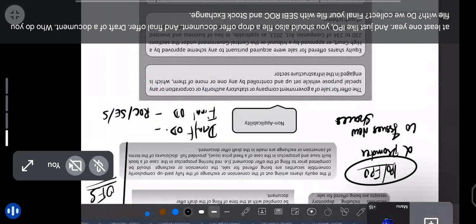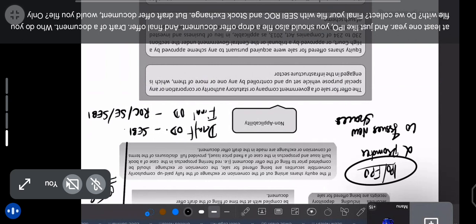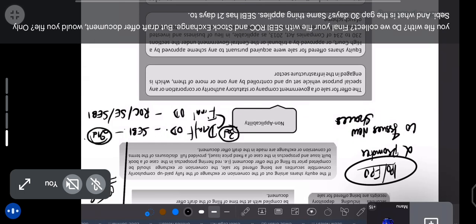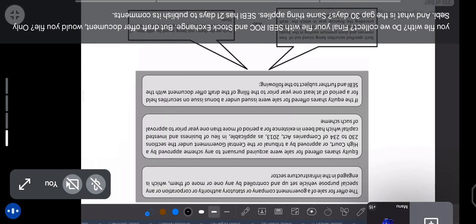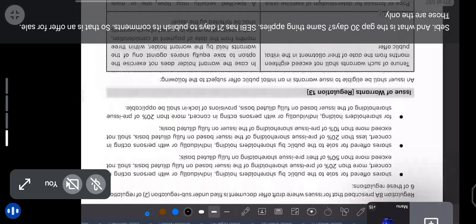But the draft offer document, who do you file with? SEBI. Only SEBI. And what is the gap? 30 days. Same thing applies. SEBI has 21 days to publish its comments. So that is an offer for sale. Those are the only conditions. Make sure that if you're doing an offer for sale,